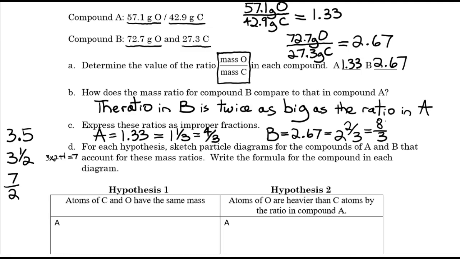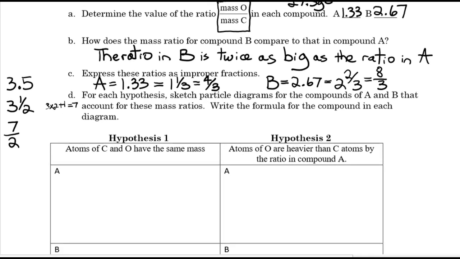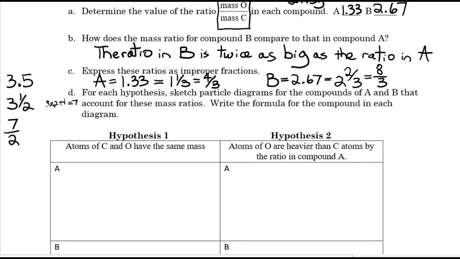I've just changed them into fractions. For part D, it says, for each hypothesis, sketch particle pictures for the compounds of A and B that account for these mass ratios. Write the formula for the compound in each diagram. Hypothesis number 1 says,